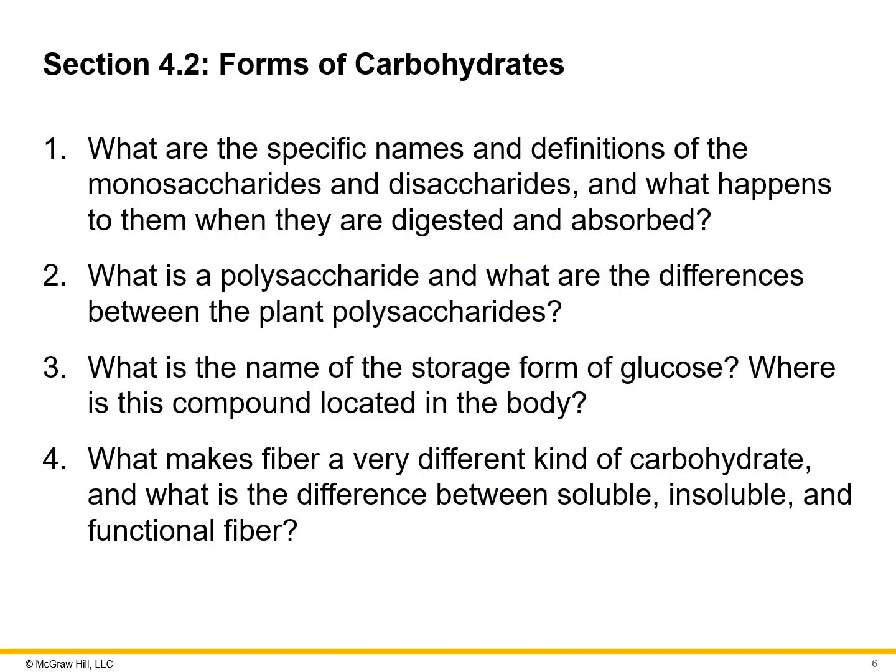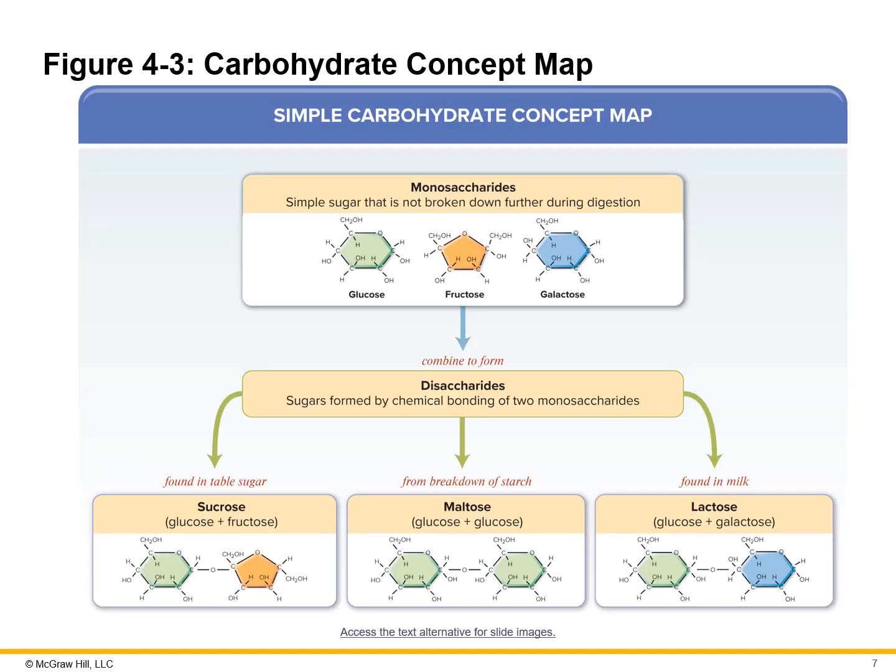Some of the different forms of carbohydrates is what we will now focus on. So a couple concept maps here. First of all, talking about the simple carbohydrates, which are monosaccharides and disaccharides. Some of the monosaccharides, mainly again talking about glucose, but a couple other important ones, fructose and galactose, that we'll look at. These are all simple sugars. Again, they're in the simplest form. They can combine to form disaccharides, which are 2 monosaccharides joined together,